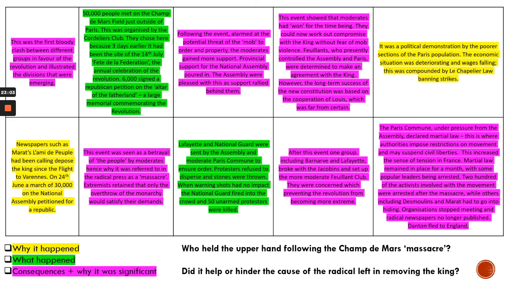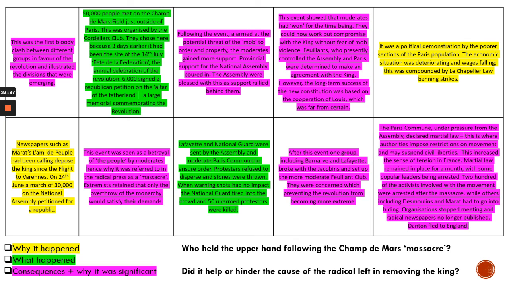But other people are much more in favour of the assembly, because these actions of the working class mob are frightening, aren't they? They've got huge numbers here. They won't disperse. They're throwing stones at armed guards. So moderate support from the provinces, particularly with richer people, is going to rally behind the assembly. And you could therefore view this as a kind of a win for the moderates, because after this, as I said, that support is rallying behind them,